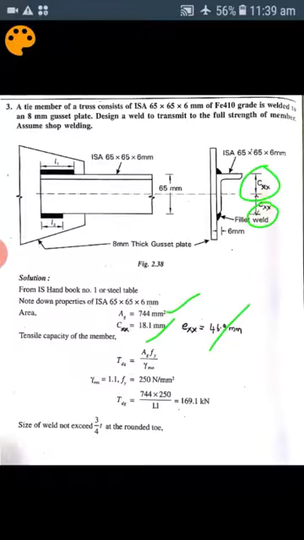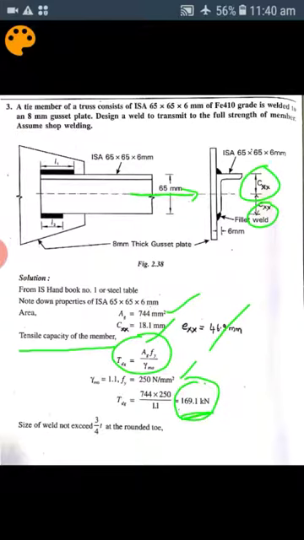Then the tensile capacity of the member is to be calculated. This formula you get from the code: Tdg equals Ag into Fy divided by gamma m0, where gamma m0 is the partial safety factor for the material, 1.1, and Fy is the yield stress of the material, 250. After substituting all these values in the above equation, we get the tensile capacity of the member, that is 169.1 kilonewton. So once we get the strength of the member, Tdg, next for this load, 169.1 kilonewton, we get here